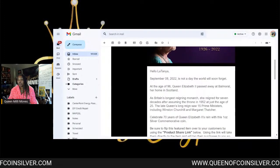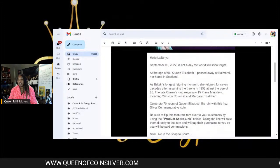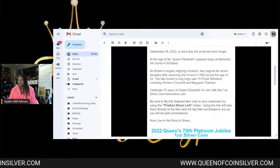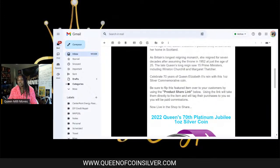And the throne was in 1952 at the age of 25. 5 plus 2 is 7. She saw 15 prime ministers, right, including Winston Churchill, et cetera. So this is the 70th,